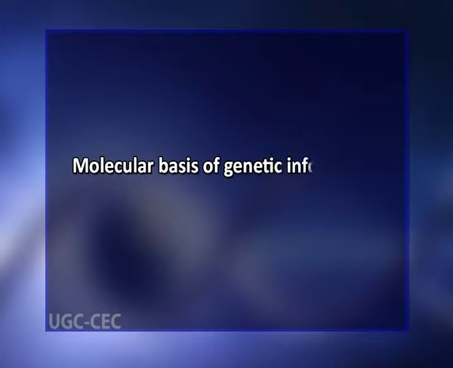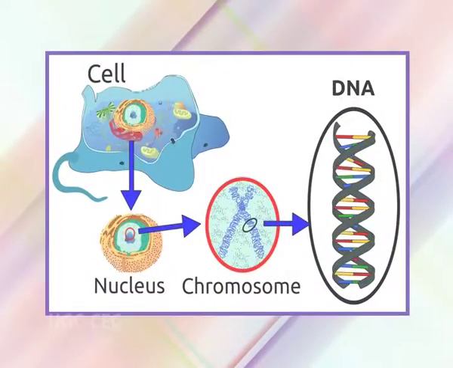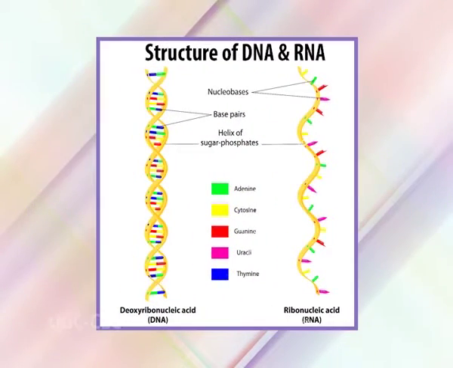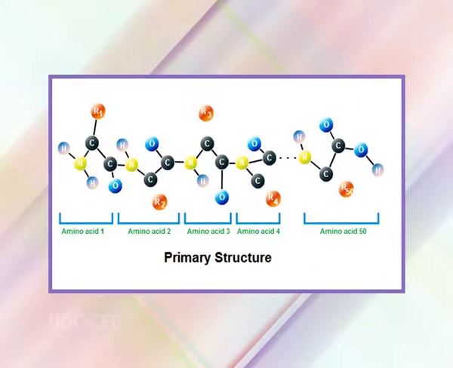Now, the molecular basis of genetic information. The function of genetic material is that of a blueprint. It stores the information necessary to create a living organism. The information is contained within units called genes. At the molecular level, a gene is defined as a segment of DNA that is used to make a functional product, either an RNA molecule or a polypeptide.